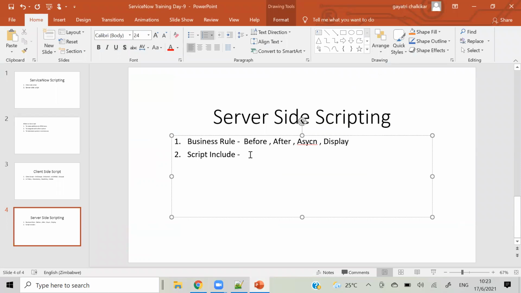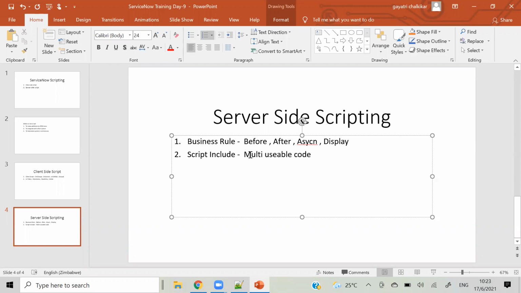And we have a script include. Like script include, we write our database queries or anything. So you will see that in future classes. But in simple words, script include is a code which we can reuse every time. Like we can write that code once, and we can call that multiple times, instead of writing code again and again. So in simple words, I am giving that as multi usable code.